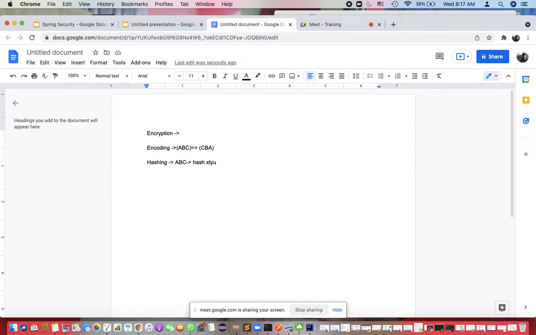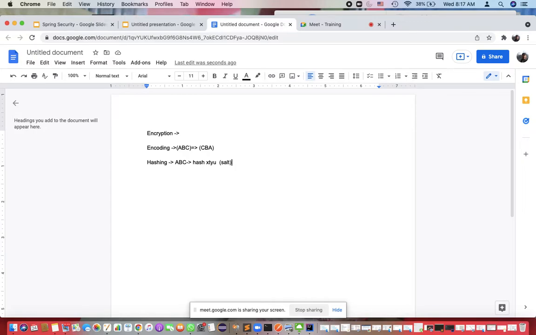For basic hashing you don't need anything. There is some specific algorithm which will help you. But for advanced level or more secured hashing, we use a random key. We call this a salt. So I use the salt to make the hashing stronger. Then we convert it to another string, right? And that is how you hash something.